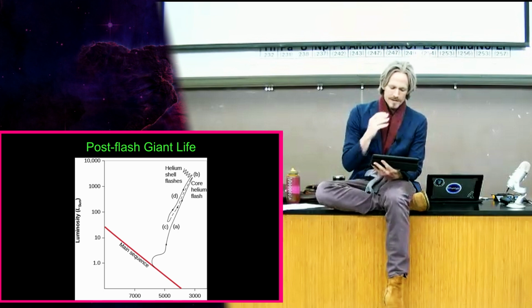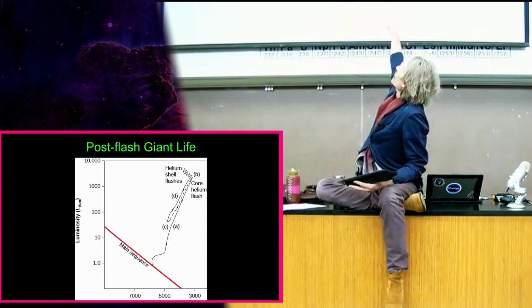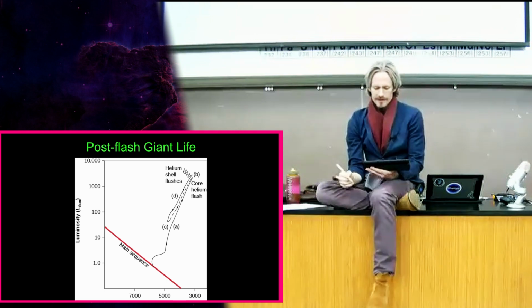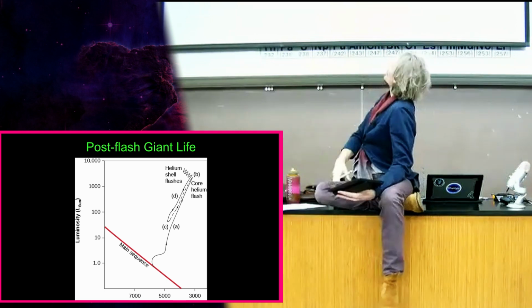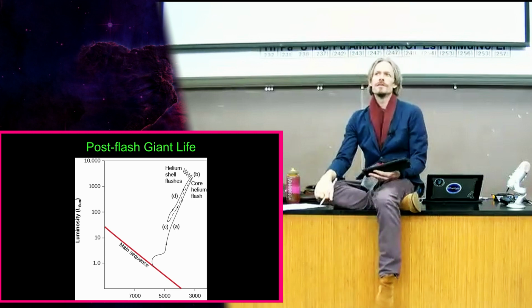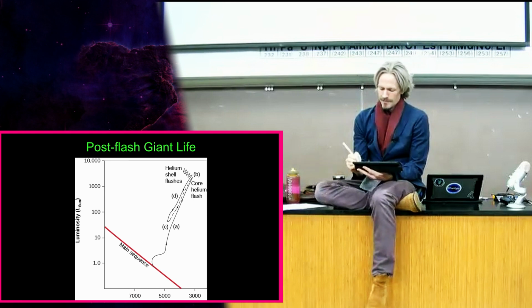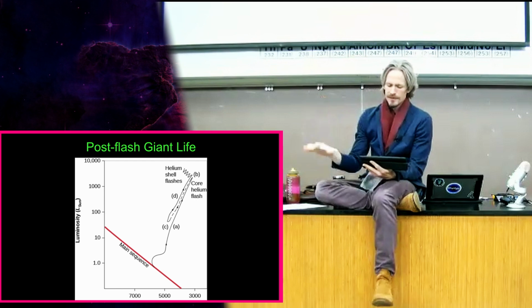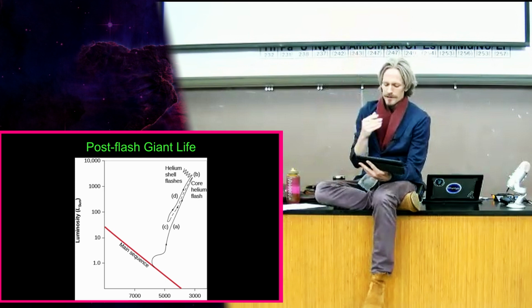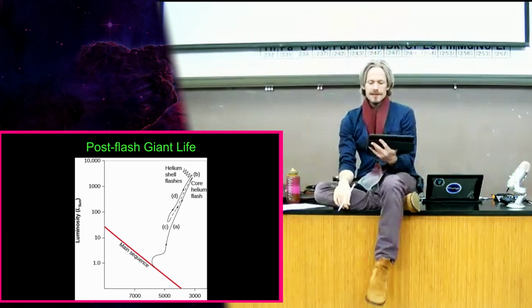Okay, so after this helium flash, things get a little bit tricky. So we've moved off the main sequence here. We've talked about moving off the main sequence for the most part up to this point, and that's represented in A. At B, we're talking about this core helium flash, where the helium actually can go into this triple alpha process for the first time. Then something kind of interesting happens. So after this brief period of stability at B, where we have this helium being fused into carbon,